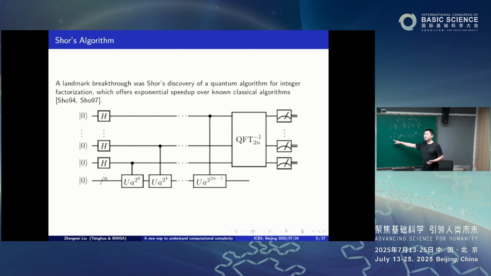The greatest common divisor between this number and n will be a non-trivial divisor of it. So then you factorize that. So essentially, this quantum algorithm tells us how to find this order of a by quantum algorithms. And this circuit, in general, is called phase estimation. And Peter Shor involved this phase estimation and used this classical continued fraction to do the factorization problem.